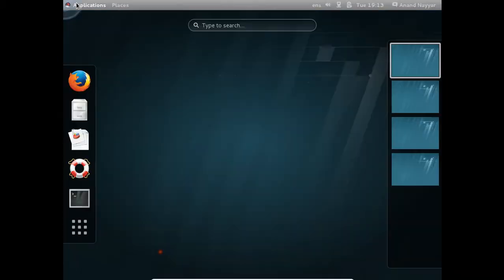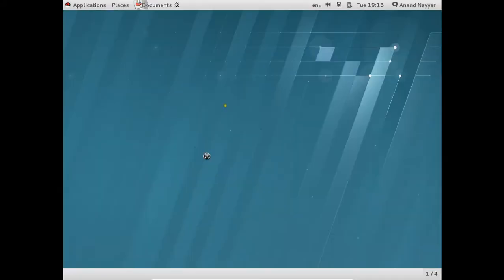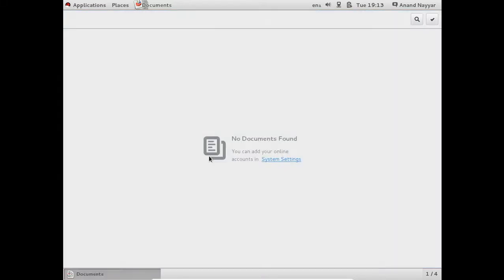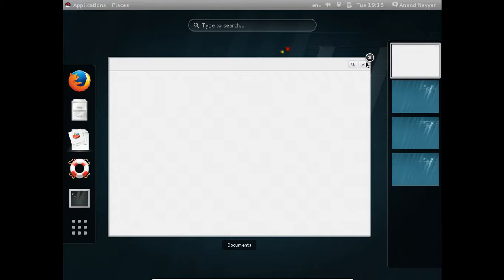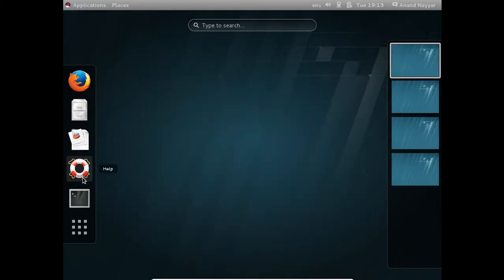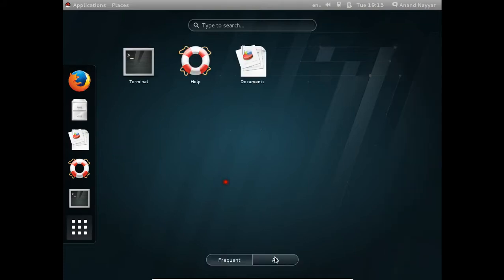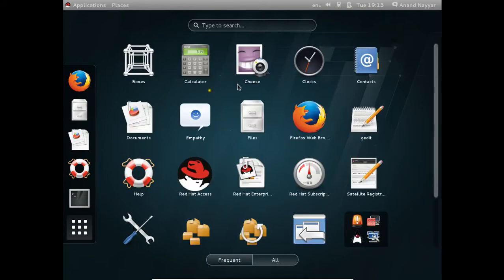So if I click on applications, you can find a very cool interface with Firefox browser, with files, with documents. Let us click on documents. So no documents are found. So I close it. So what is over there? That is help, terminal and your applications. So click on show applications. You can find all the frequent applications, and if you click on all,